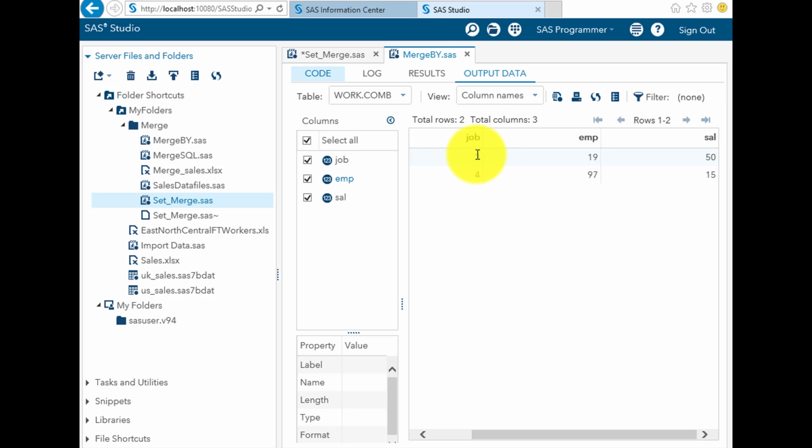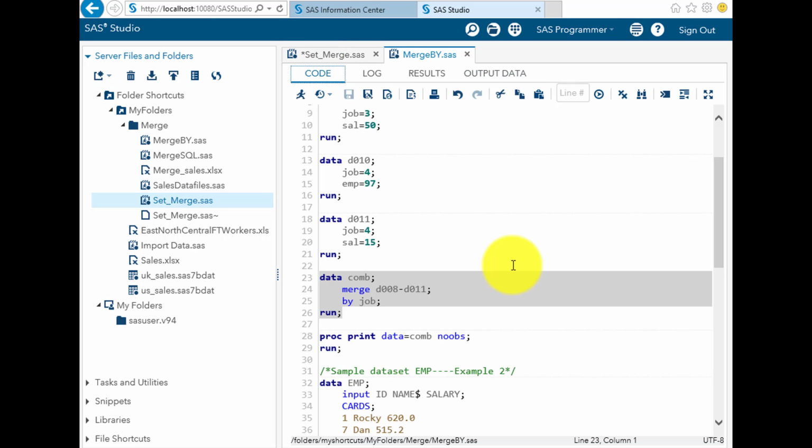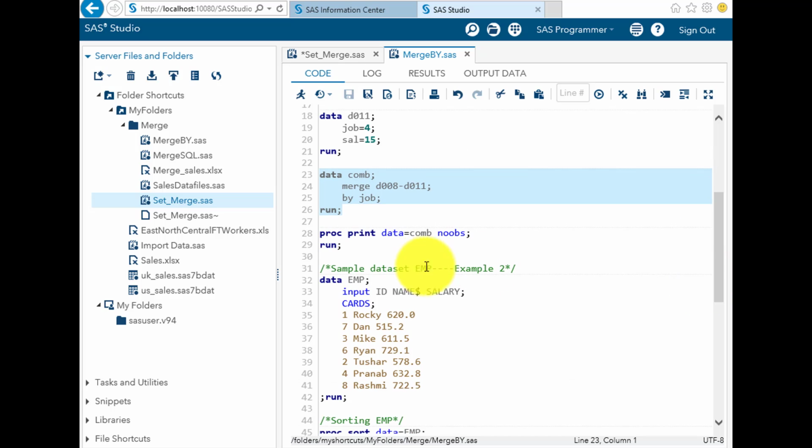So for job equal to 3 we got the values 19 and 50 for EMP and sal. Similarly for job equal to 4 we had job and EMP which was 4 and 97, and job and sal which was 4 and 15. So it got merged to 4, 97 and 15. Hope this got clear to you. Then I am just using the proc print just to see the result, so it would come the same.